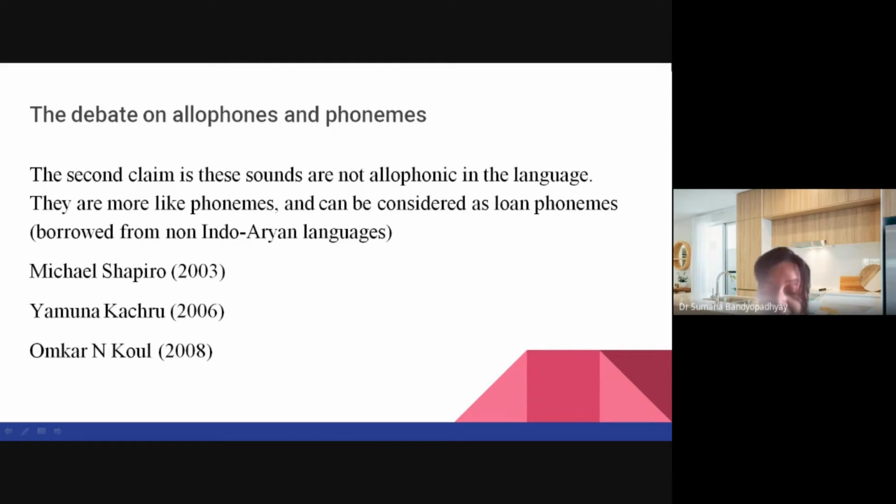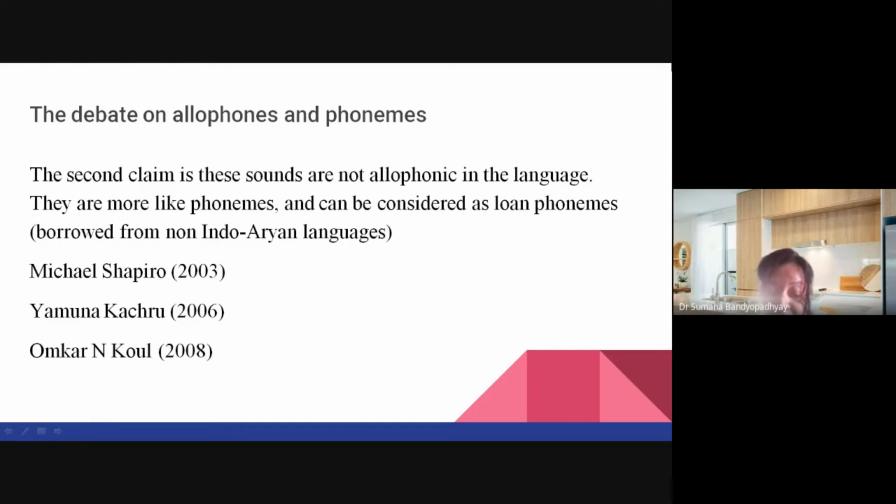However, Shapiro has used the term loan phoneme in his chapter on Hindi for loan sounds that exist in the pronunciation of some, in inverted commas, Hindi speakers, and are sometimes, again in inverted commas, recorded in careful writing. To designate the sounds borrowed from Arabic, Persian, Portuguese, and English, he has included five additional sounds in the table on the consonant phonemes. Following the table, there is a discussion mentioning q as a uvular voiceless stop and kh as a voiceless velar fricative. There is no symbol for the voiced uvular fricative, even though we have its mention over there.